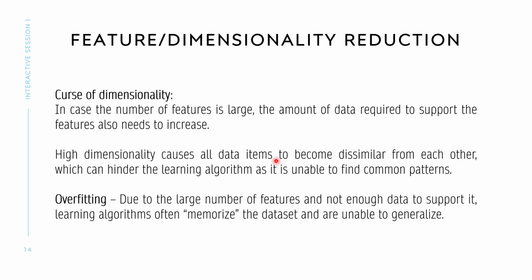This is also a problem of high dimensional data, right? And finally, if we have a large number of features and not enough data, then what usually happens is the learning algorithm overfits the data. So this is called overfitting. And what happens is the learning algorithm will memorize the data set. So whatever data set you give it, it will just memorize it, but it is unable to generalize